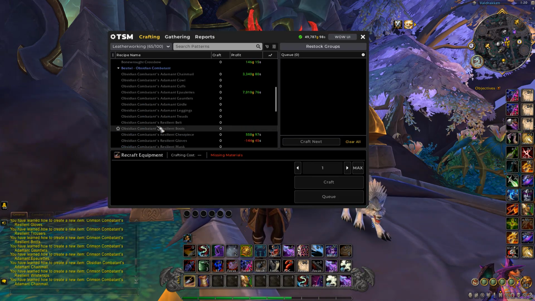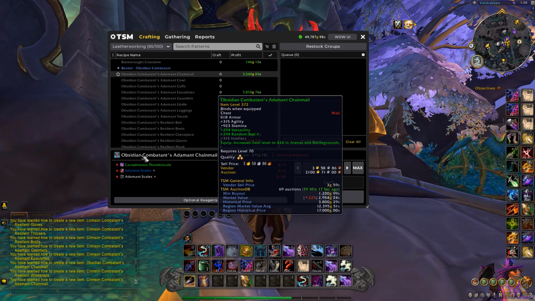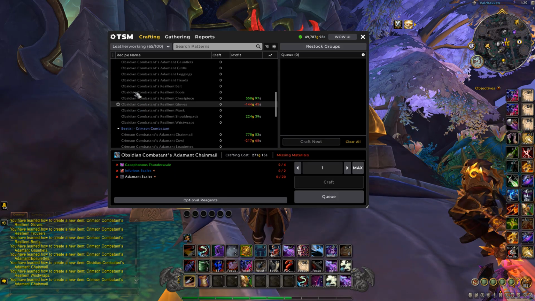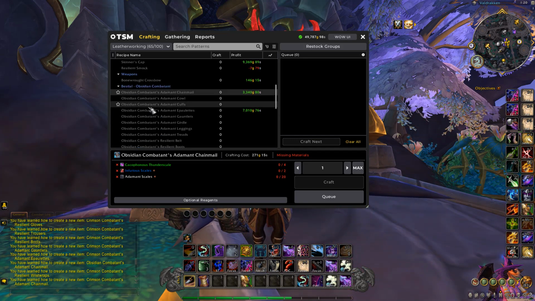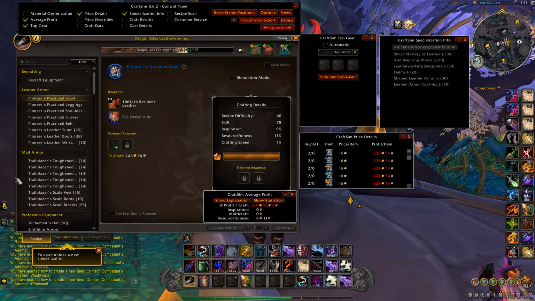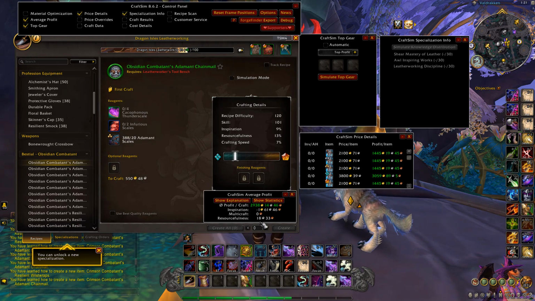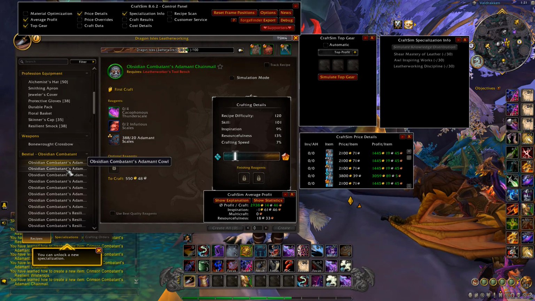Let's go down and we can have a look right here. So this is the gear that we would be crafting. It goes up to 424, the Obsidian gear, then you got the Crimson gear. So there are a few here that are making a bit of profit. Let's have a look at them in CraftSim. So let's head over here. Obsidian. Oh, this one's making about 3k, another 3k,